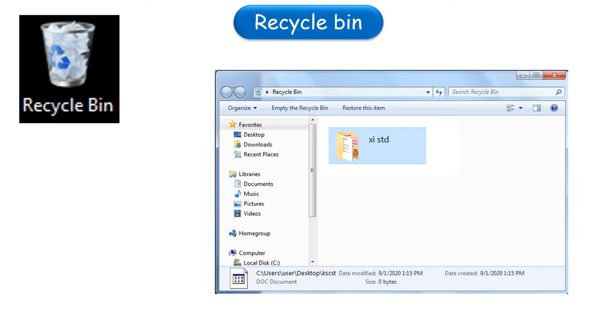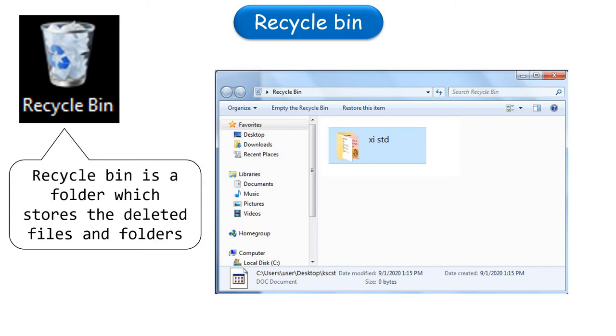Recycle bin. When you delete files or folders, they are moved to the recycle bin. Recycle bin is an icon on the desktop. Recycle bin is a folder which stores the deleted files and folders. When you open the recycle bin icon, you have two options here.